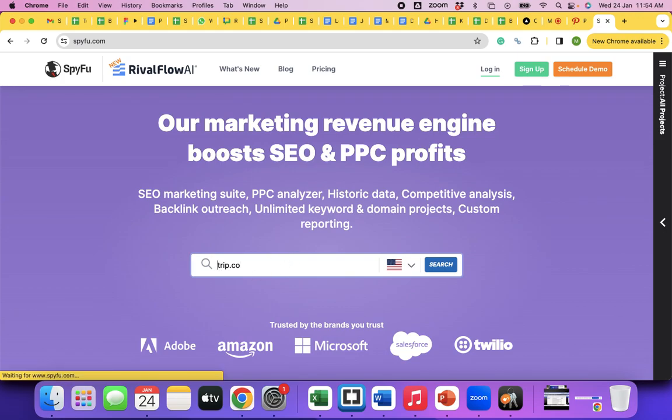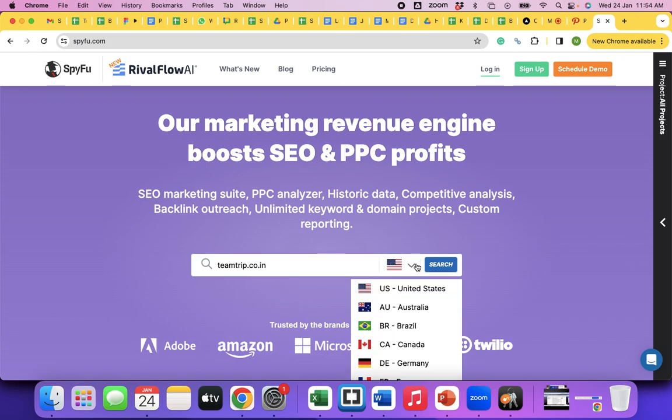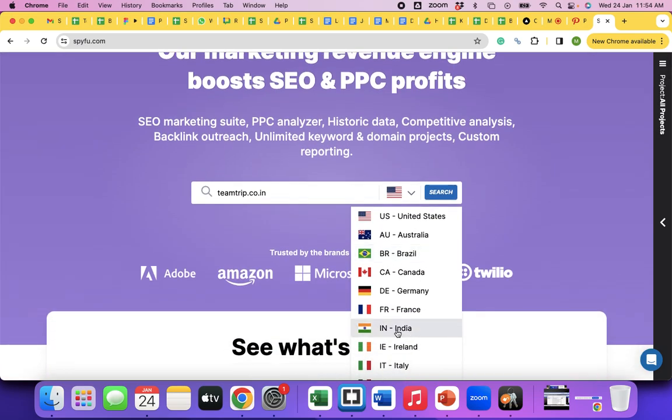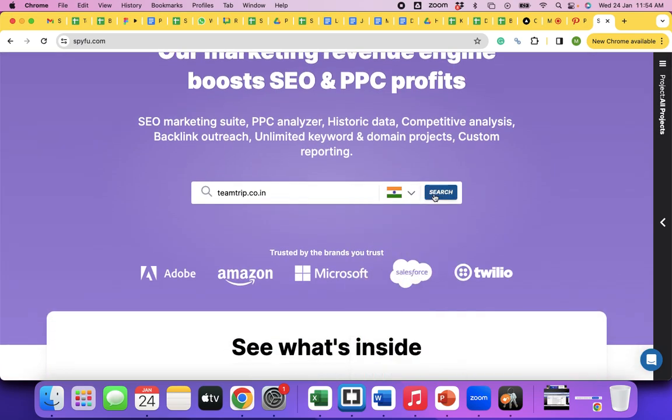Wait. So country wise, the data that you have seen on Search Console is for the complete globe, and since they are an Indian business, let's understand it at least only for India.